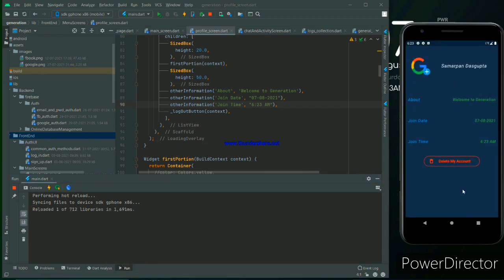If I open the profile screen, yeah, I think it's good to show. And that plus icon you don't have to bother with now, because this will take the picture from the gallery or camera depending upon the user's choice, and we will cover it later. So stay tuned, because from Tuesday we are going to start on the backend stuff as well.